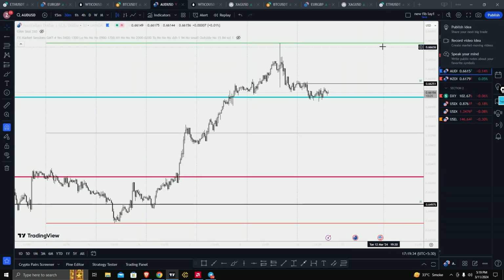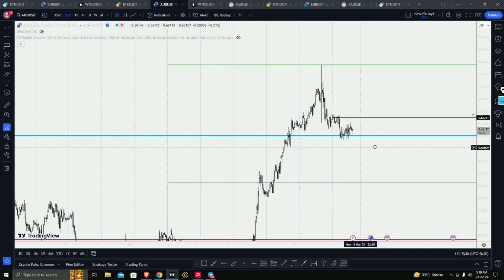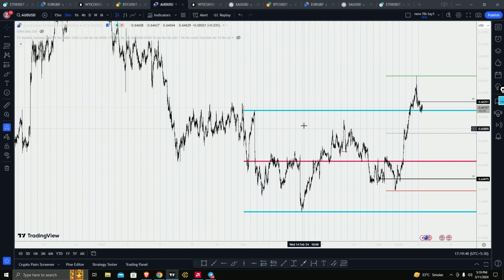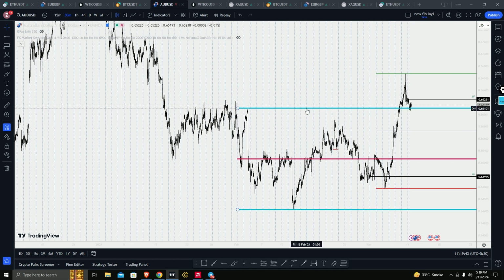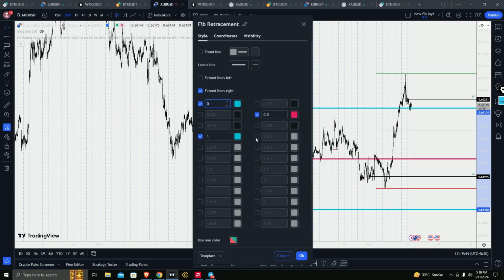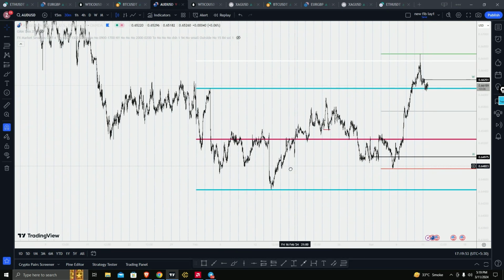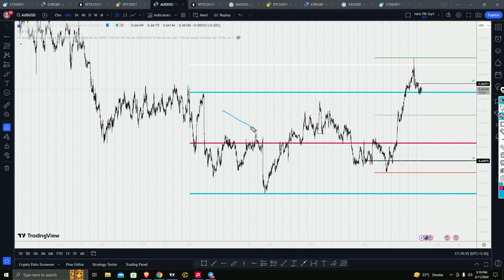Move on to Aussie dollar. So monthly expansion. Most of the currencies reversed last week. Very interesting price action because up until this point, nobody would have said that the reversal was coming. But then suddenly this drop off happens. I think this was CPI. Suddenly this drop off happens and the market recovers completely.